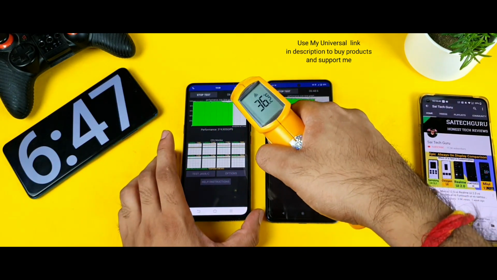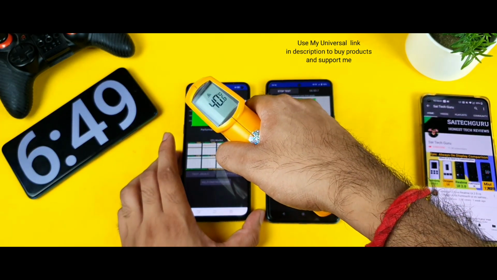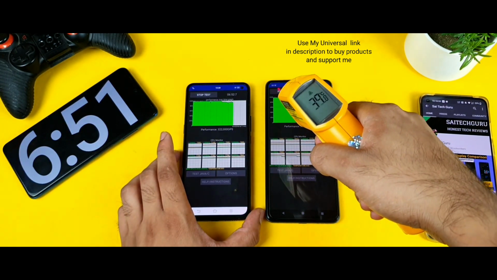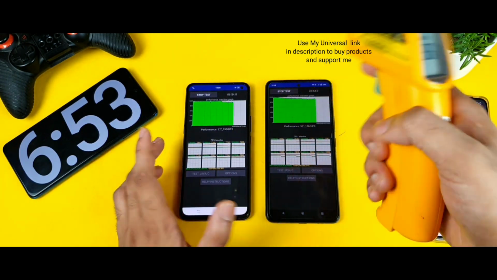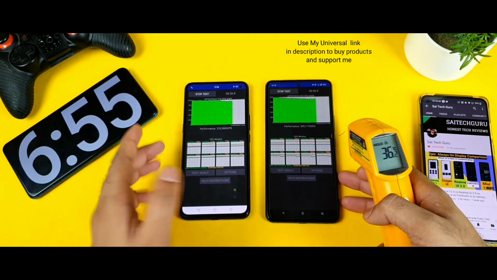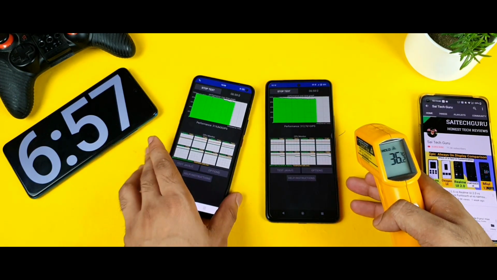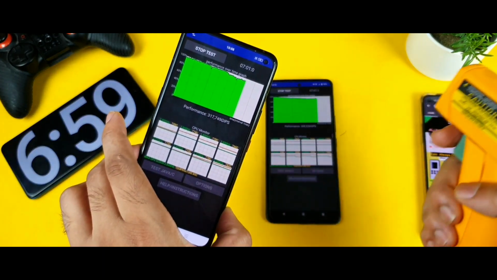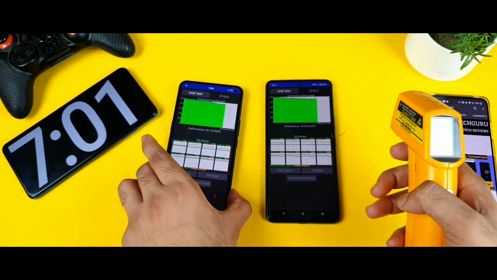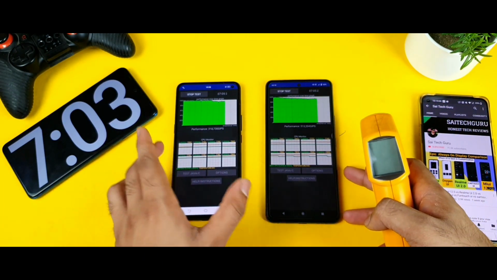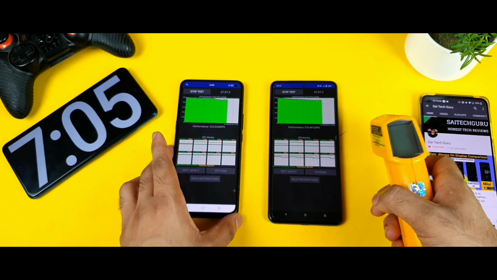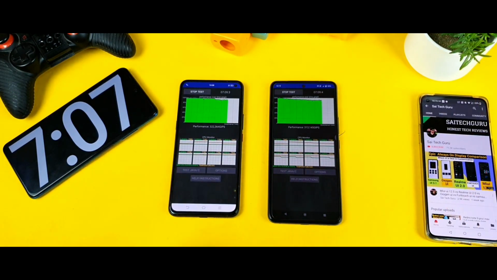The iQOO 3 has slightly more temperature, as you can see 40.4 degrees, 39.8 degrees, 40 degrees as well, slightly close to each other but slightly higher in the iQOO 3 device. But that has resulted in this kind of high performance, I think, which you are getting right now. So again I'll be back friends after maybe close to 10 minutes of time, then we can discuss the readings in more depth.